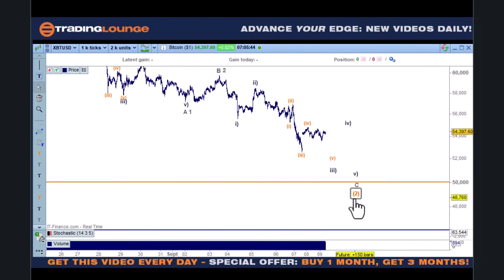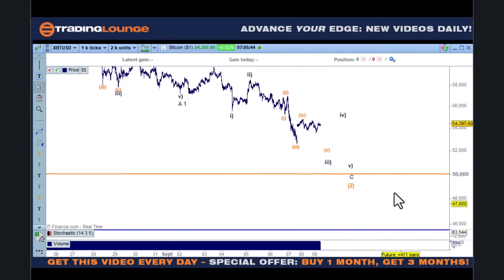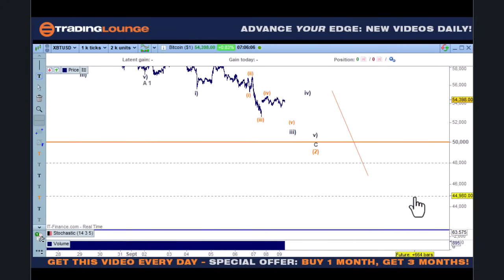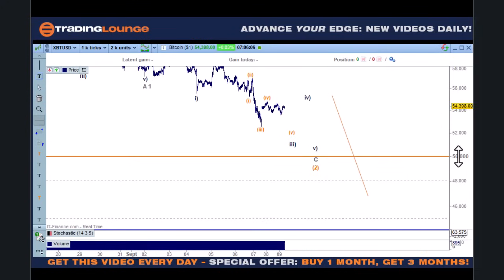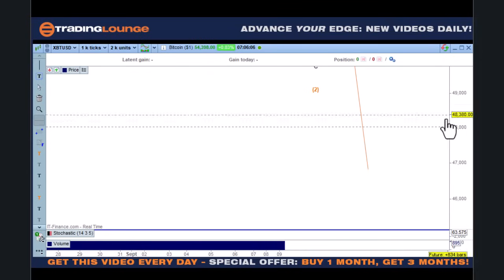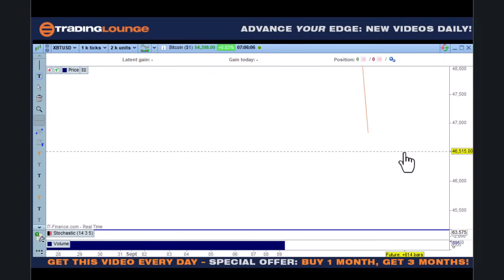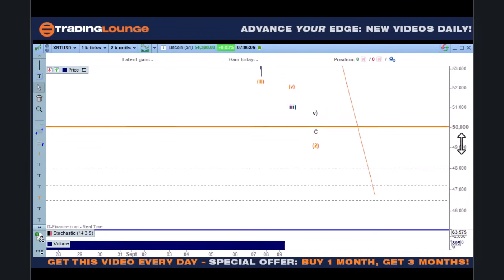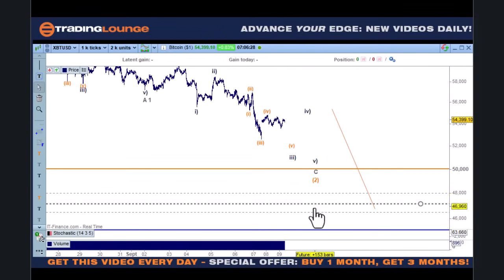So this is sort of grasping at straws, really, having wave 2 here, but I'll leave it here for the time being. We know that we could also quite easily come down into group 2 here, which would be like 48, and then we got 45 here for that, roughly speaking, and then group 2 on that would be 40, 46,500 and 47,20 roughly there. That would be the sort of zone here for support at that point, but we'll see. So we're either coming down to here or we come down to here.